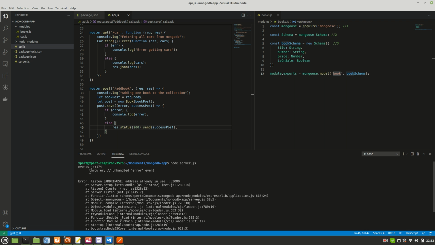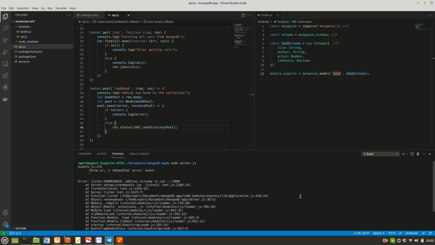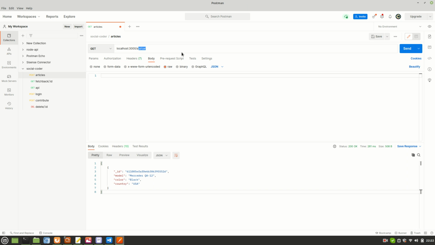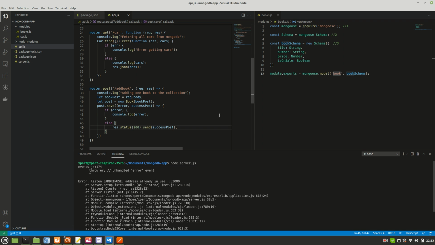Address already in use 3000. I don't see any server running right now. Let me just cross check. I don't think it's running. Let me see what's the problem. I'll fix it quickly and come back to you and explain the solution as well.